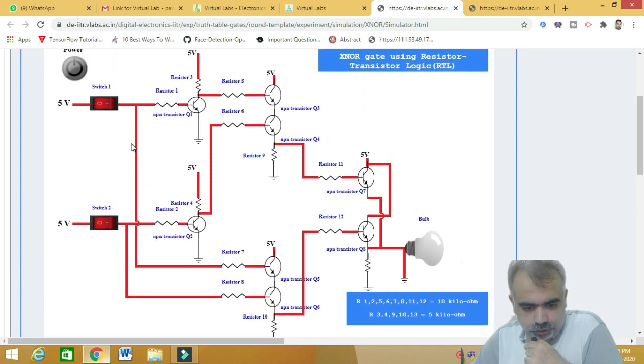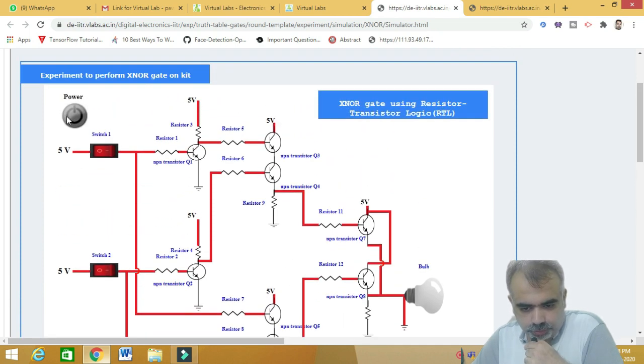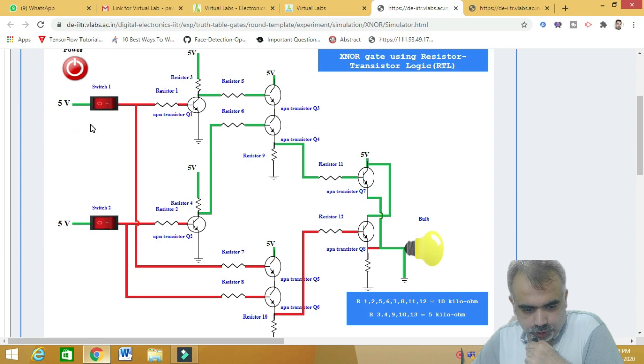For this you need not connect a battery. Here a power plug is given to you. You just have to switch it on by clicking it. Once you switch it on, for 0 0 it is 1. Let me do 1 0, it is 0.